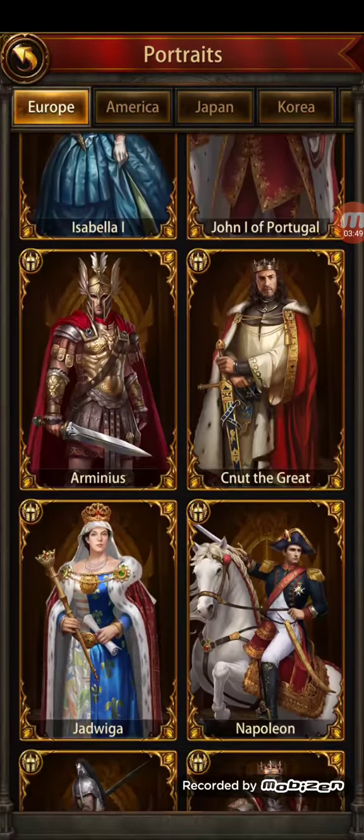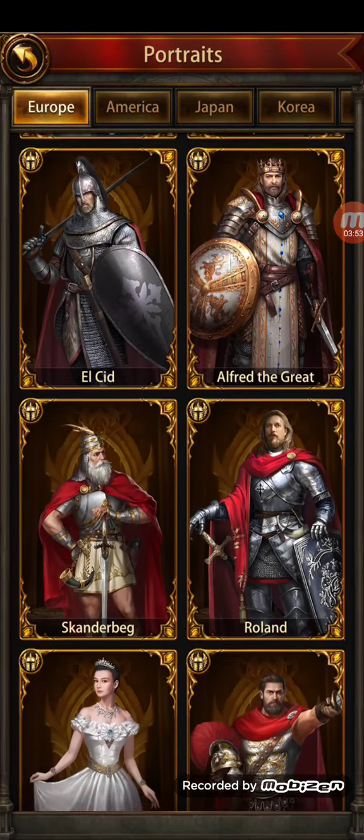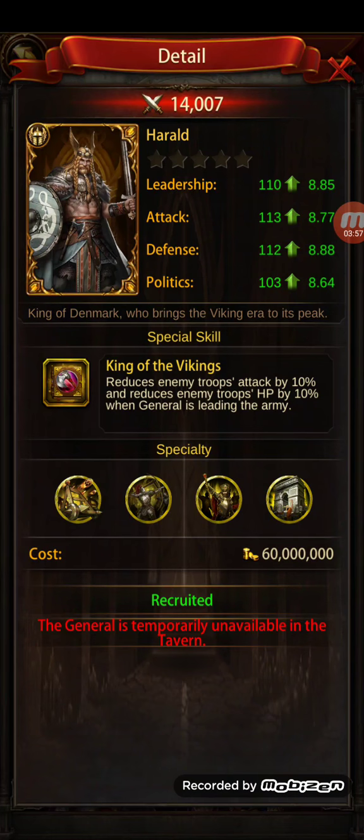And I'll tell you why this is so important. He also has another 10% debuff to all troops' attack. So the reason why this is so important is because he's debuffing all four troops: ground, mounted, range, siege. He's debuffing all of their health power, and he's debuffing their attack. So for that reason, a lot of people consider Harold probably the best subordinate city general,